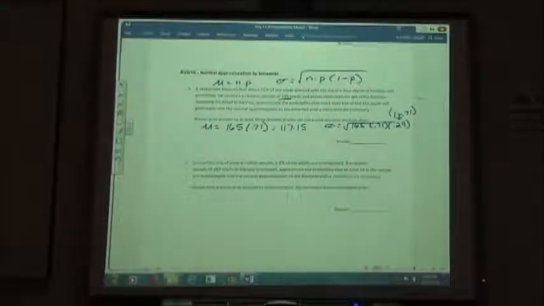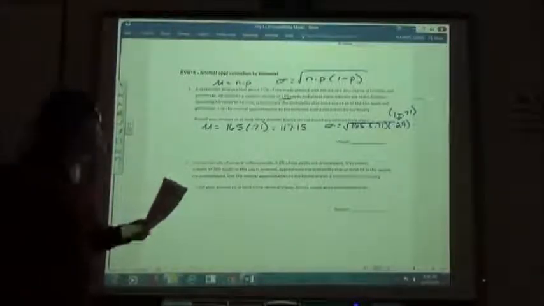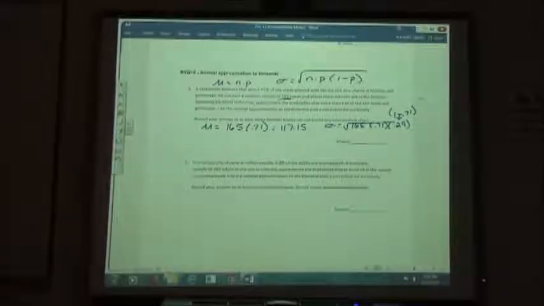So square root of 165 times 0.71 times 0.29. There's your square root. So 165 times 0.71 times 0.29 equals